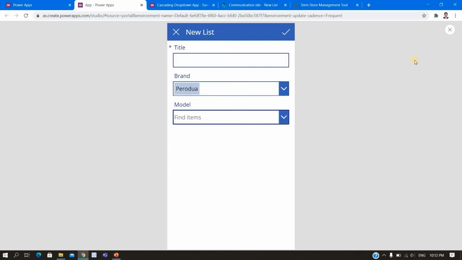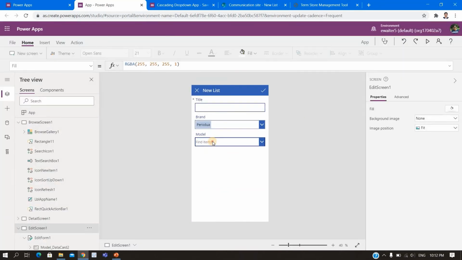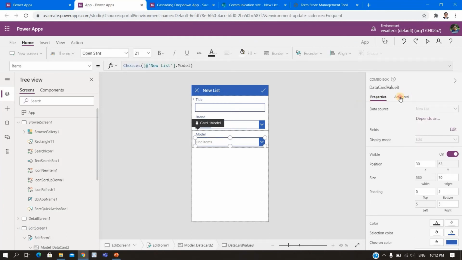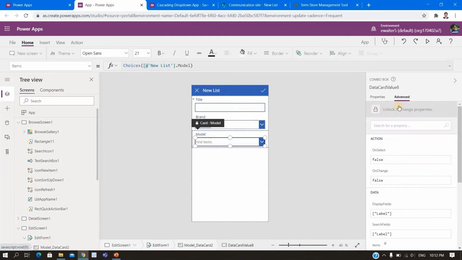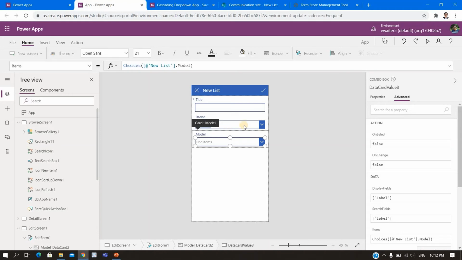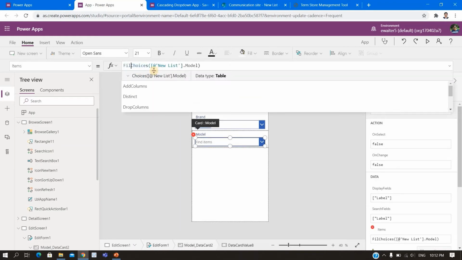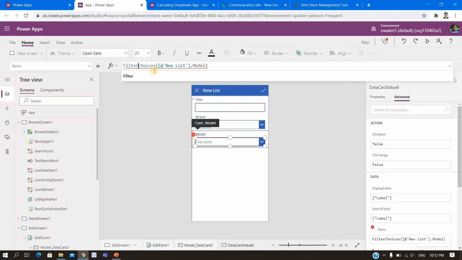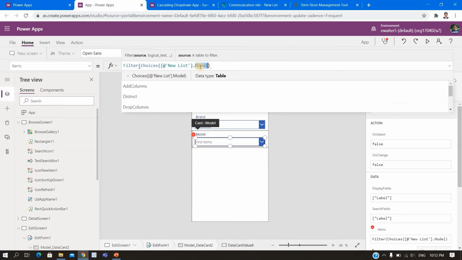Now you need to interconnect it. How do you interconnect? So what I will do is I'll filter all the brand, not model.